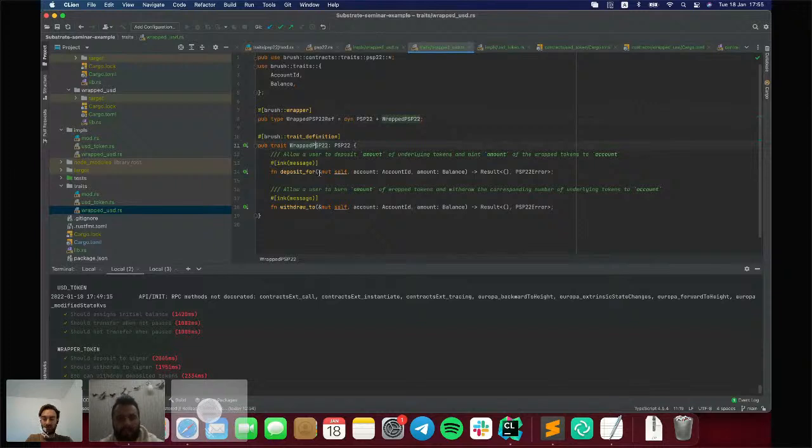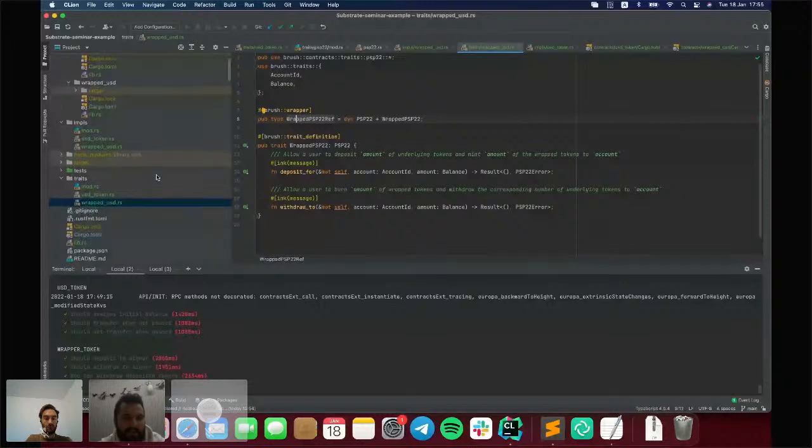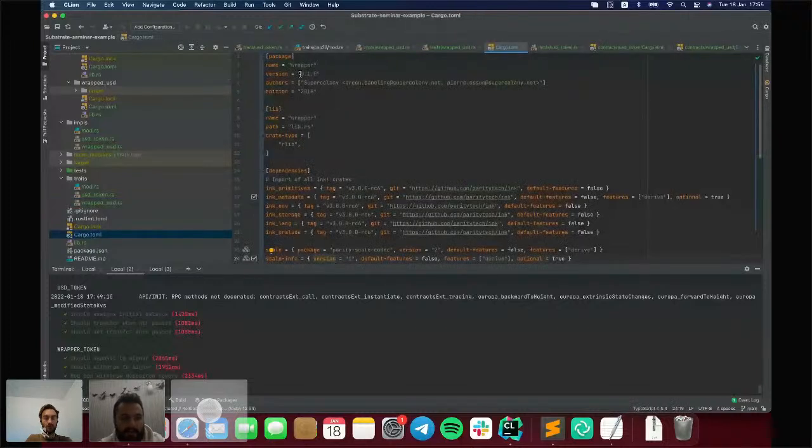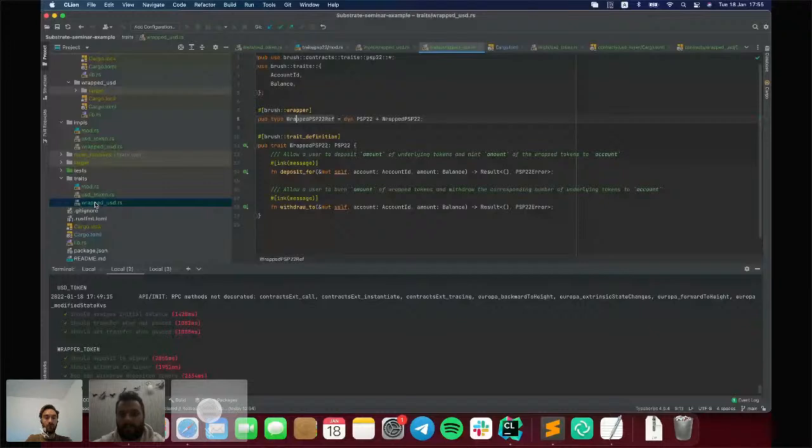Okay, so now the traits folder contains only the trait definition of each contract. If someone wants to interact with your contracts from another project, for example, it is enough for him to only import that crate and use the traits defined here to do cross-contract calls with your contracts. So will he ultimately reduce the size of his contract because he's importing less code, right?